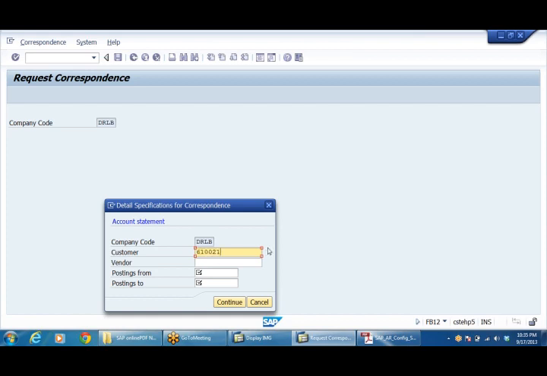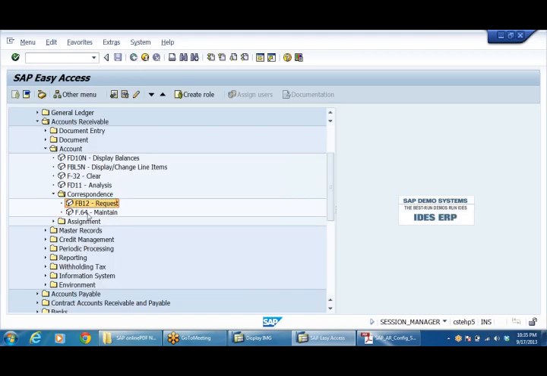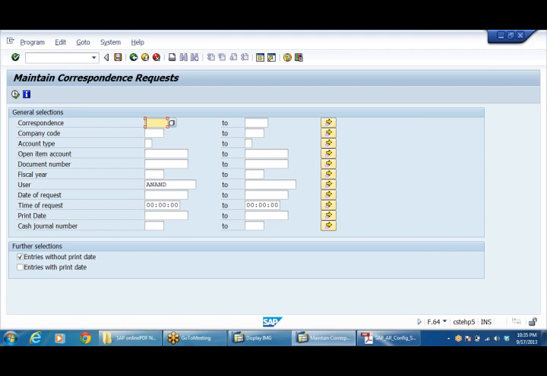Similarly for a second party, customer number 22. Continue. Account statement was requested. Go to F.64, maintain correspondence SAP 06, company code DRLB, right, entries without print date, okay, just execute it.